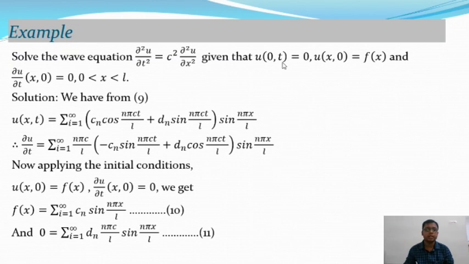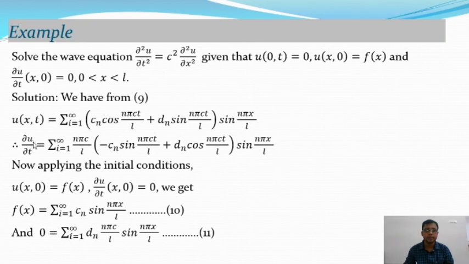boundary conditions are given. Okay, so x lies in that interval, so the boundary condition is that at x equal to 0 and x equal to L, u(x, t) is 0. Okay, that is on the end points of x, that means x is equal to 0 and x is equal to L. So therefore now from equation 9,